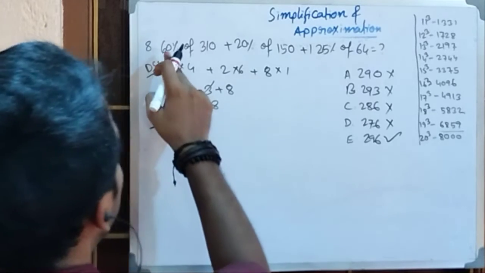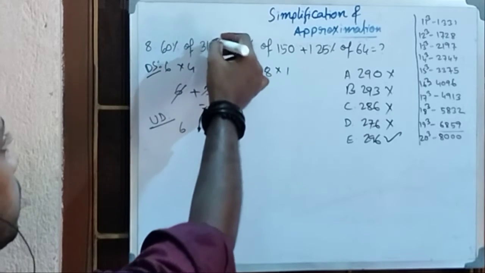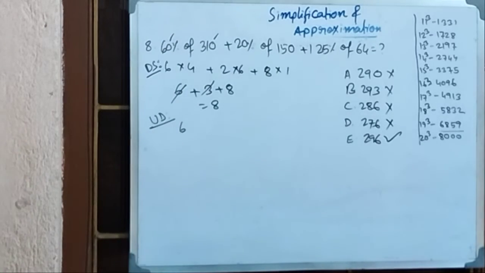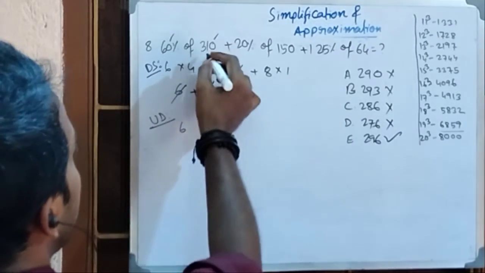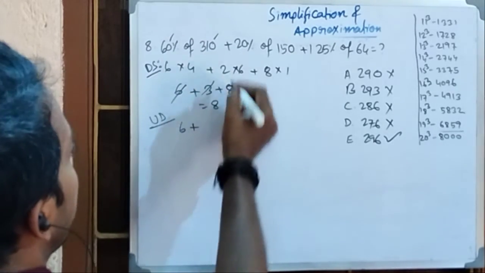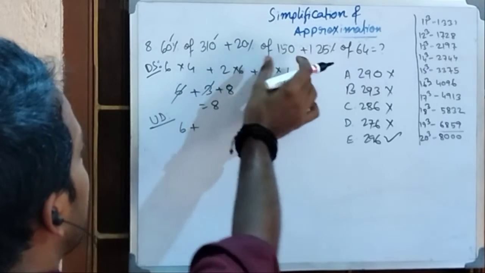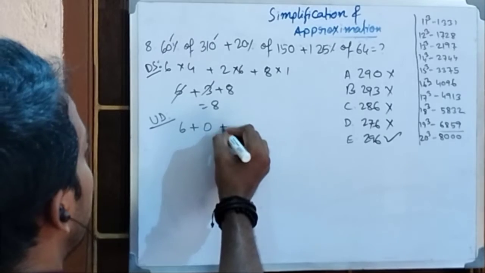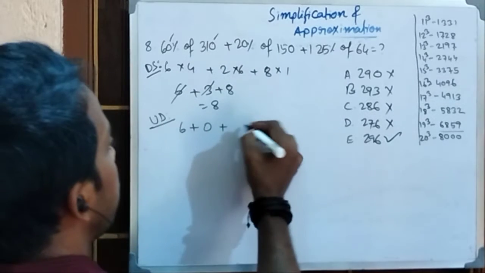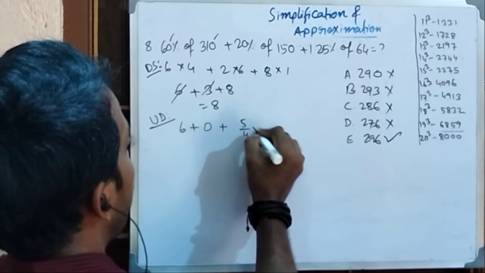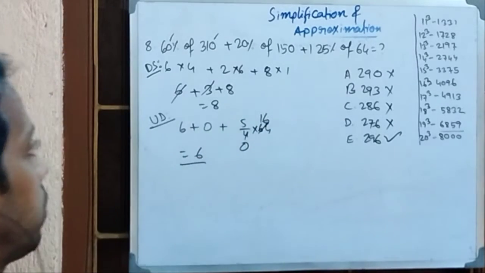Now see, 60%. So divided by 100, both zeros in the numerator should be there. So yes, it is there. But if it may not be there, then the fractional part comes in, but in this case the fractional part is not coming. So 6 into 31, 31 into 6, unit digit comes 6. Okay, 20% of 15, 2, 20%, here is 0, here is 1 0, so the 0 is gone, so 2 into 15, unit digit comes 0, plus 125% of 64, means 125% you can also use as 5 by 4 into 64, right? So 16, 8, 0. So unit plus unit is 6.